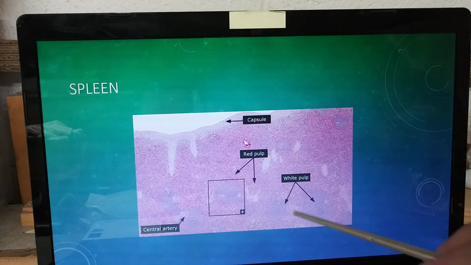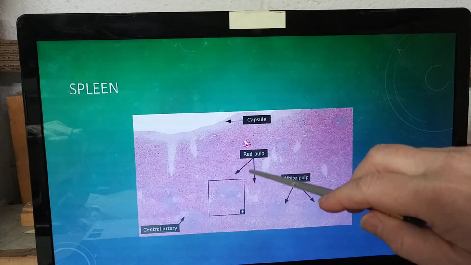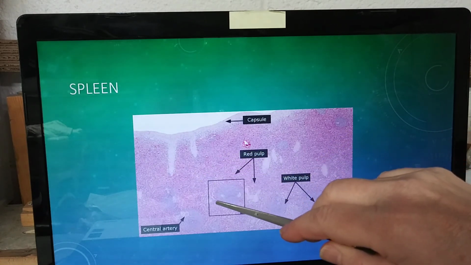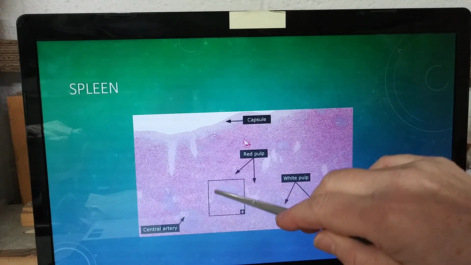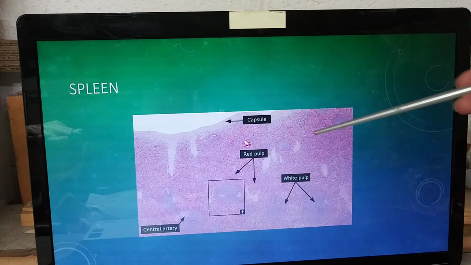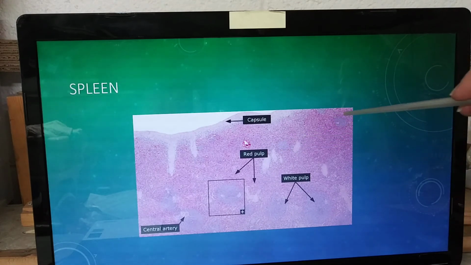We have the red pulp, which you can see is kind of this diffuse pinkish area. And then we have these areas which have stained somewhat purplish. You can kind of see them here. And these, here's another one here and another one here. That is the white pulp. The red pulp